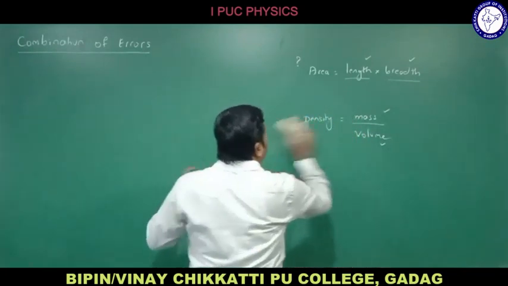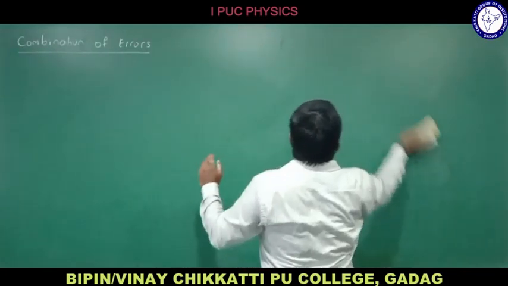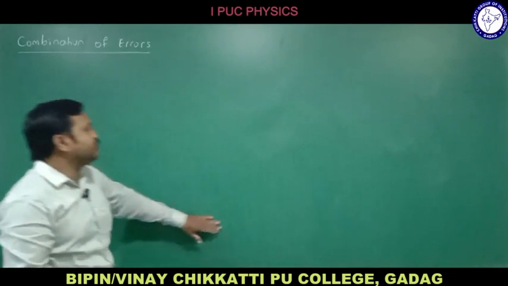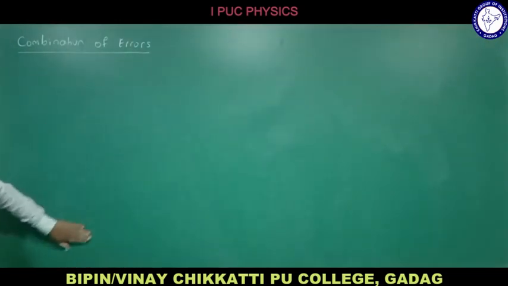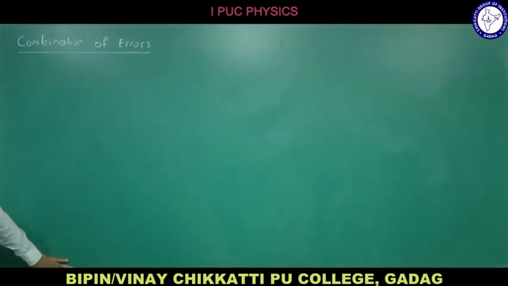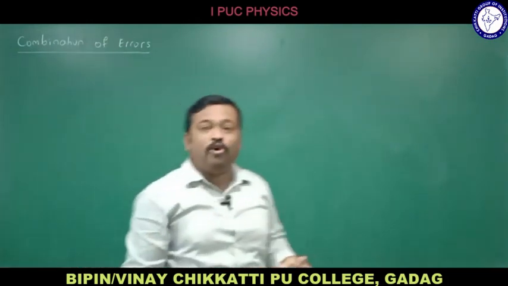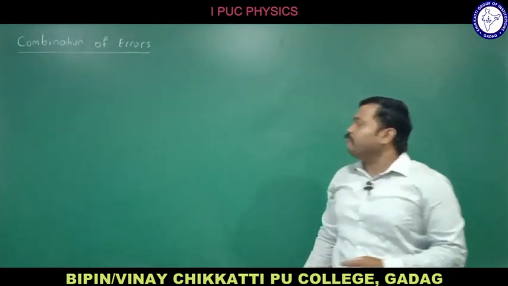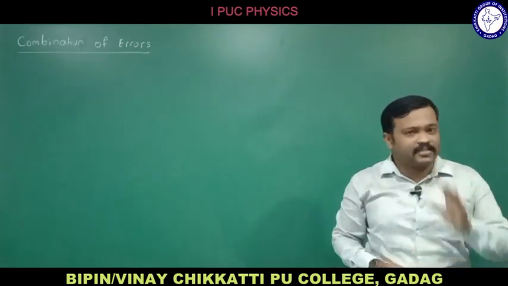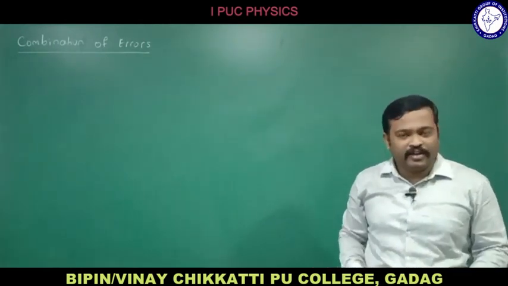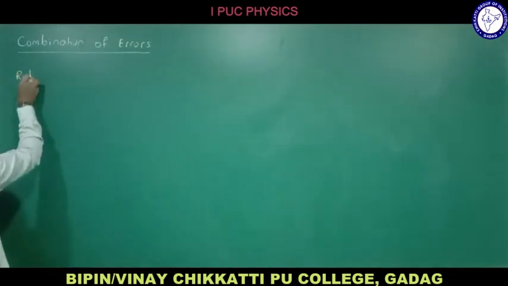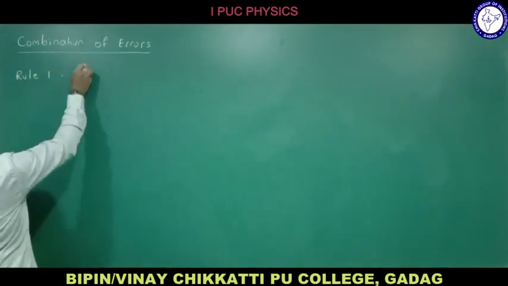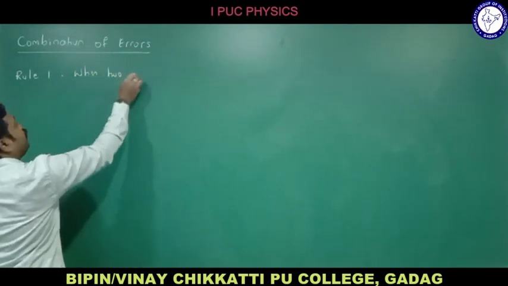Okay, so do understand, we will be combining the physical quantities. So to calculate the error in the final result, we need to know about combination of errors. To calculate the errors in the final result, there are some rules that you need to follow. Let me go with the first rule. What is rule number 1? That is the first rule. When two quantities